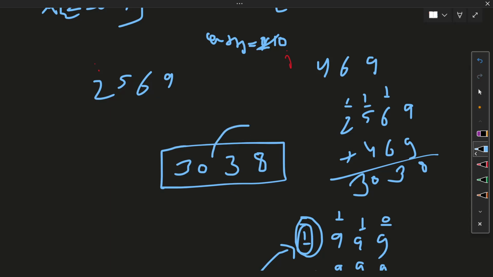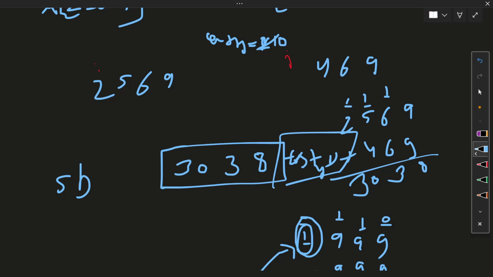Whenever we got a number, we are adding at the zeroth position. This is a string builder. If we add at the zeroth position, we got this, means this is our answer, and we just need to convert it with toString. We need to write a method toString, so it will just convert this string builder into a string, and we just need to return this string itself.